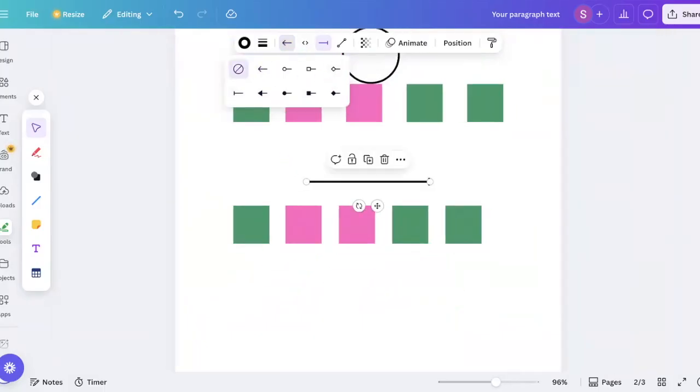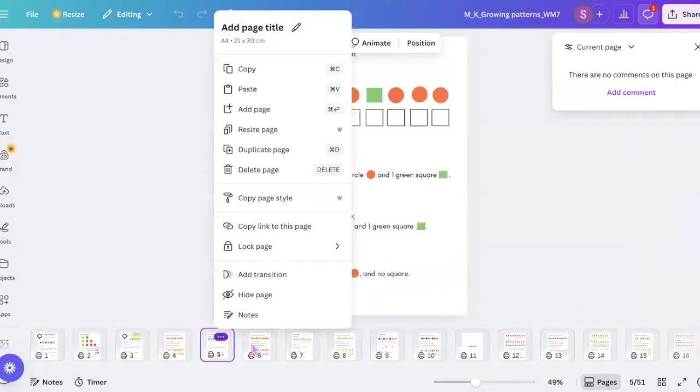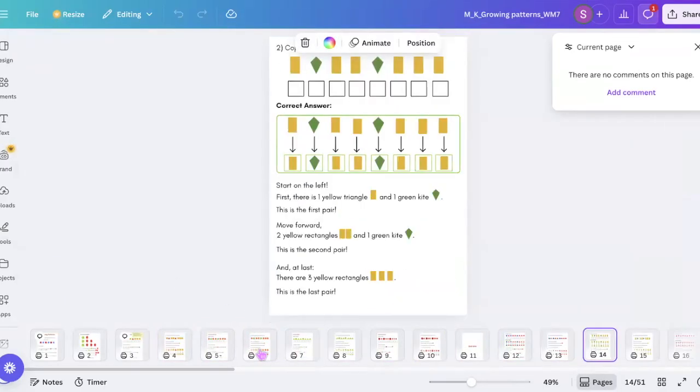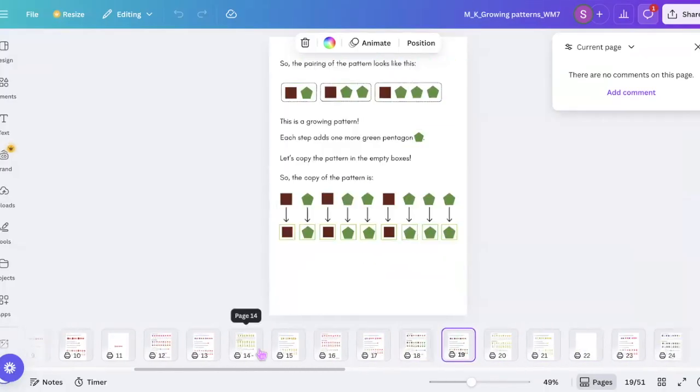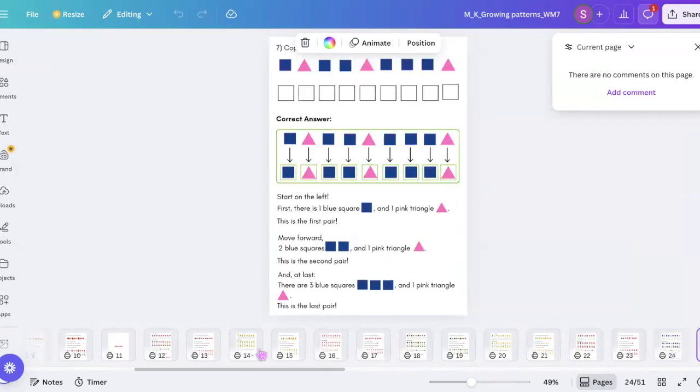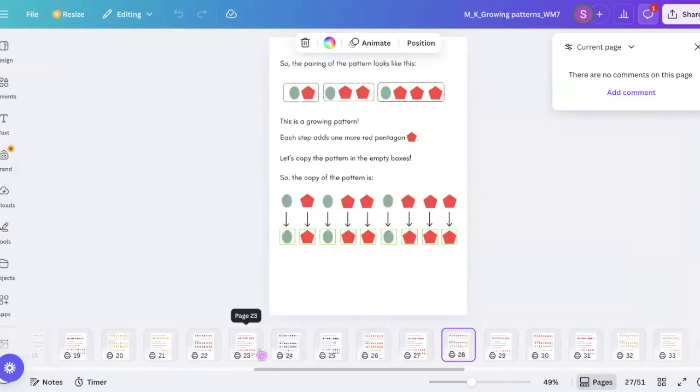So this is another thing. Yeah, this is basically how Canva works. But now, when you start working and stuff, you will have more doubts. So please